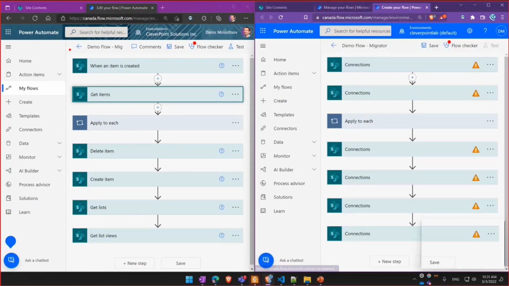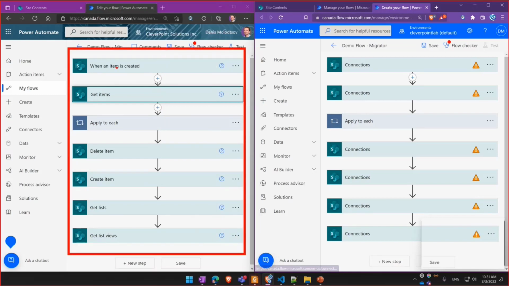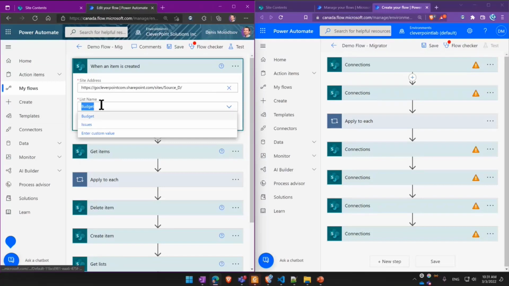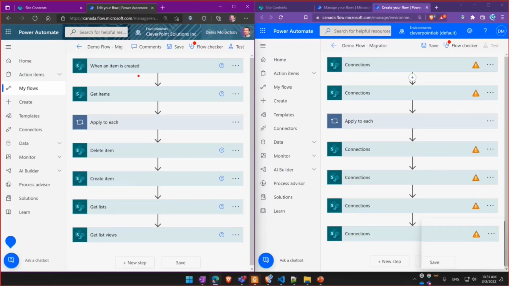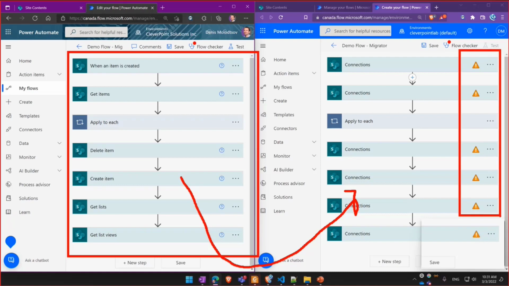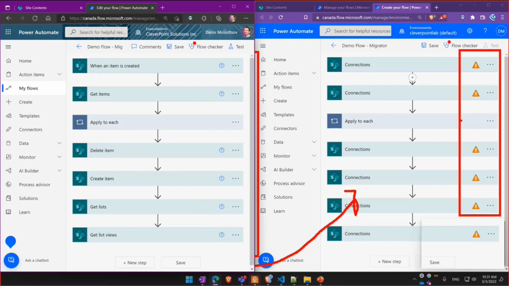You have a large cloud flow that uses a SharePoint connector. It's connected to a specific source site, and it also uses some dependencies, SharePoint lists and libraries. Now, if I export this, then import it to a new tenant, you'll see that I need to do some manual manipulations.